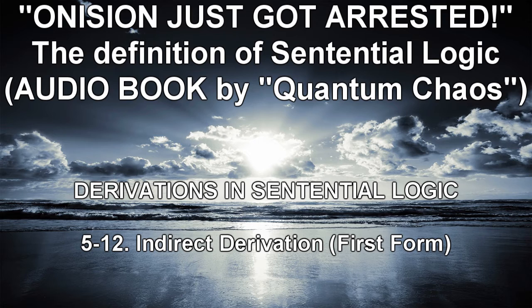Syntactic rule: ⊥ is a formula. Semantic rule: ⊥ is false no matter what. Alternatively, ⊥ is a zero-place logical connective, whose truth table always produces F. In other words, ⊥ is a generic contradiction. It is equivalent to every contradiction. With our new generic contradiction, we can reformulate indirect derivation as follows. Indirect derivation, first form, second formulation. In order to show a negation ~A, it is sufficient to show ⊥ assuming the unnegated formula, A.